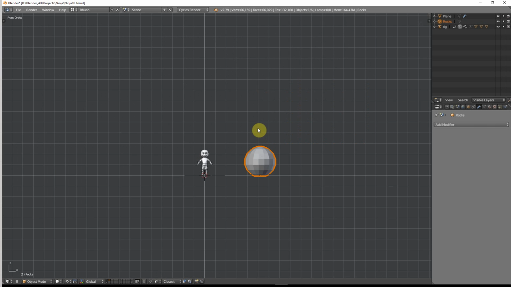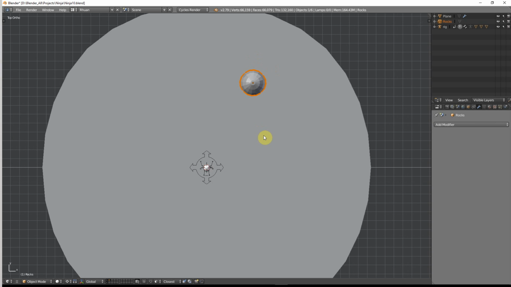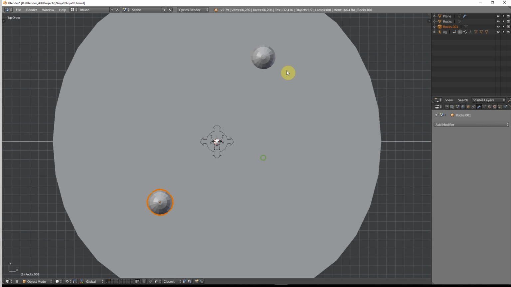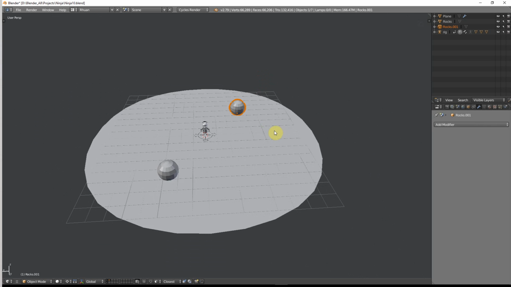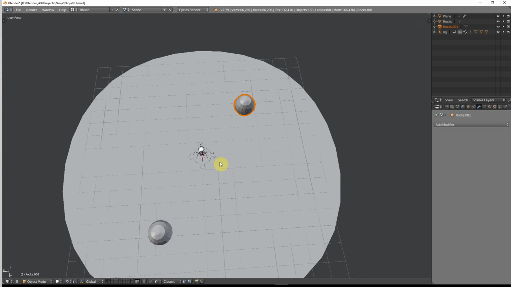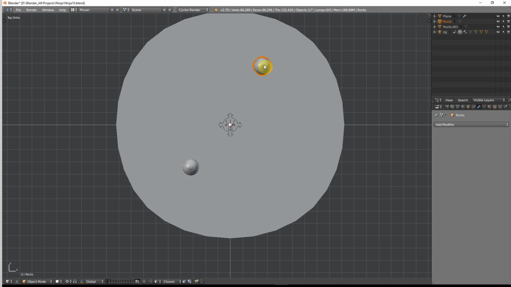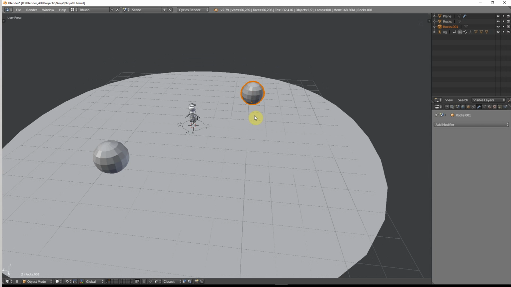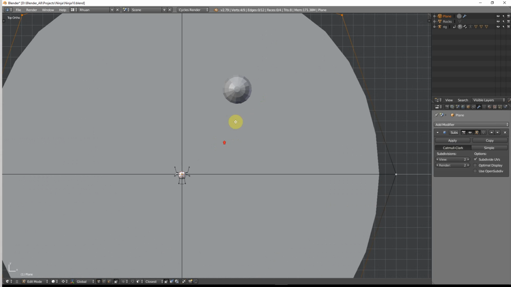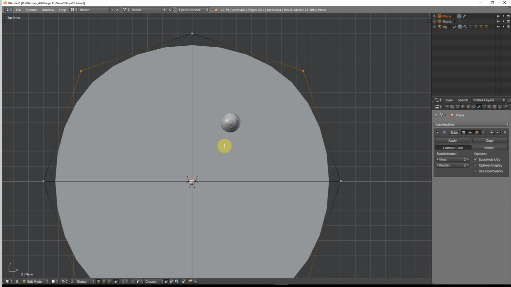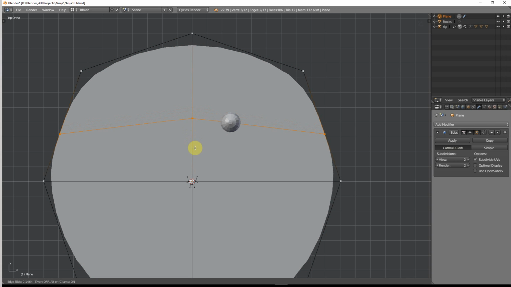I just want it at an angle like this so I can duplicate it and put it maybe like here. Okay. Something like that. And then I can delete this one, and I want to create a part here that we're going to cut out. So we go into edit mode, Control R, and just add a loop here,